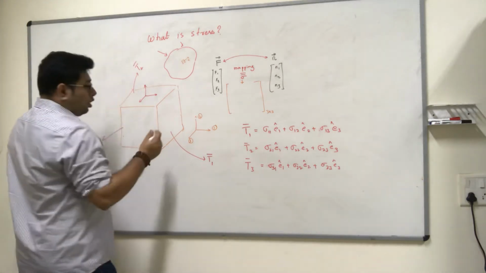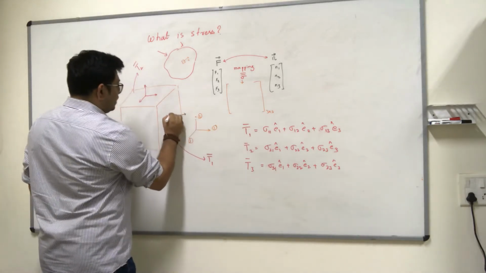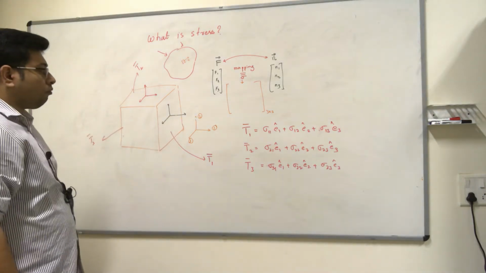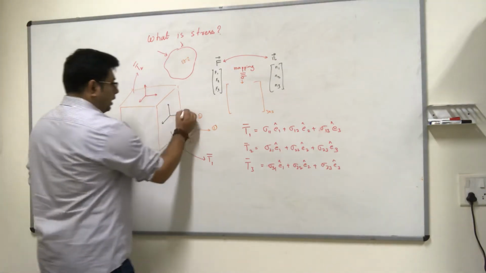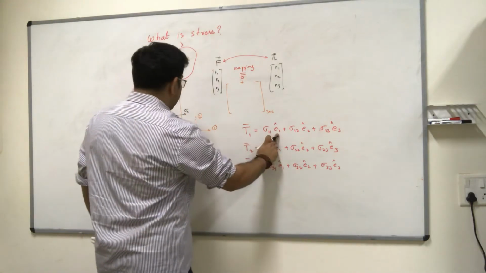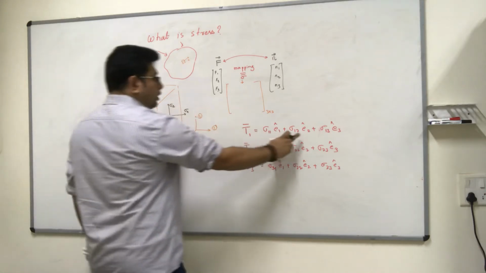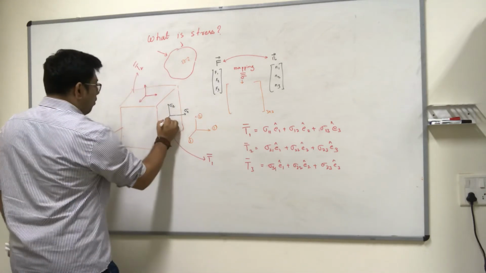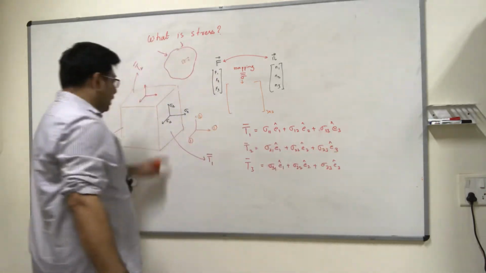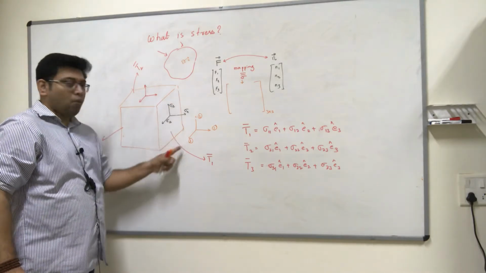So if you want to pictorially depict this equation, then what you will do is on this face you can draw 3 arrows and say that, okay, this is sigma 11 which is related to the E1 direction. This is sigma 12 which is related to the E2 direction, and this is sigma 13 which is related to the E3 direction. Okay, and that completes my stress diagram on face 1.